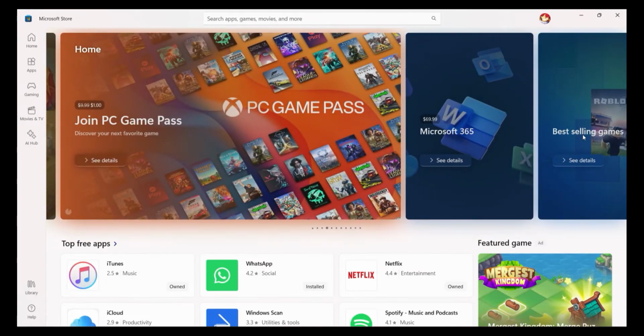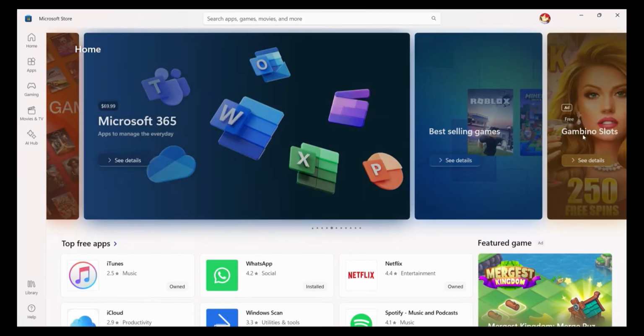Welcome to How Logical. Today, we're gonna look at how to log in to your Messenger account in a Windows